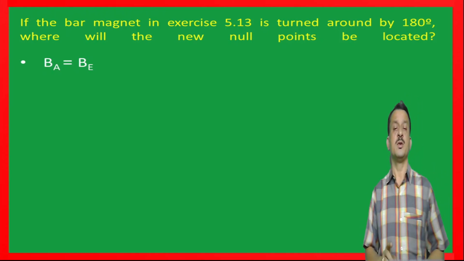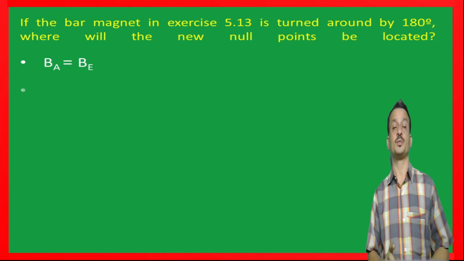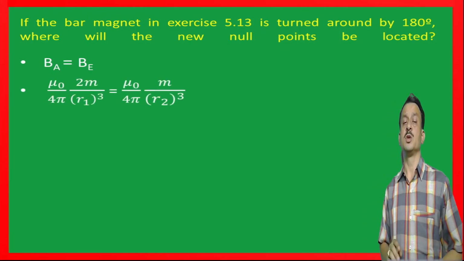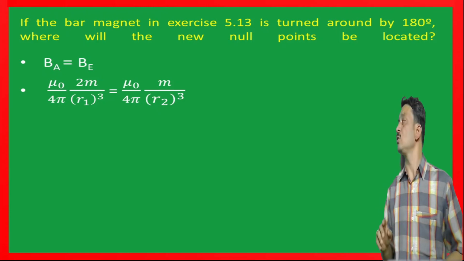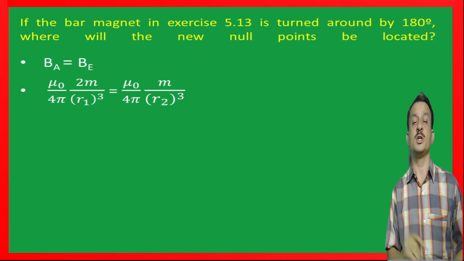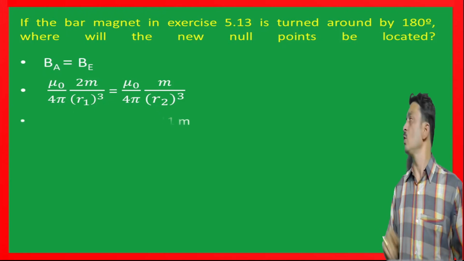Now from this one work out for r2. Now r2 is equal to r1 divided by cube root of 2, that is equal to 0.14 divided by 1.26, since the cube root of 2 is 1.26. If you work out, it is